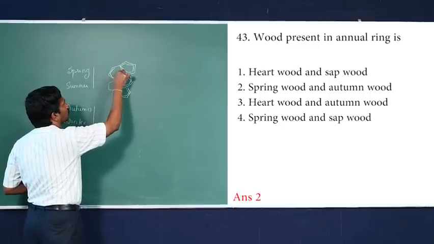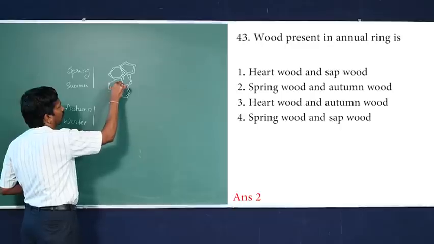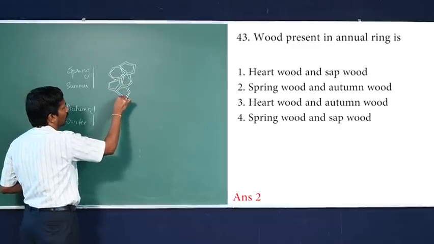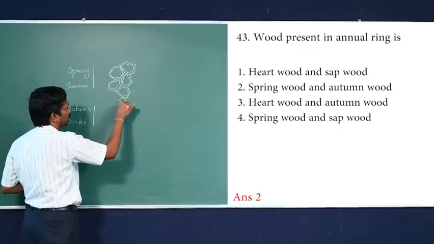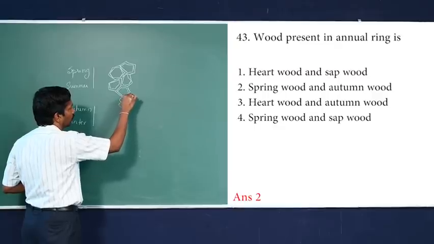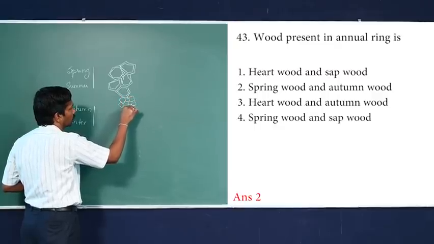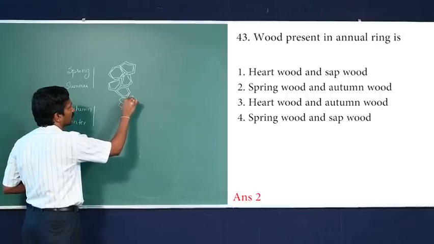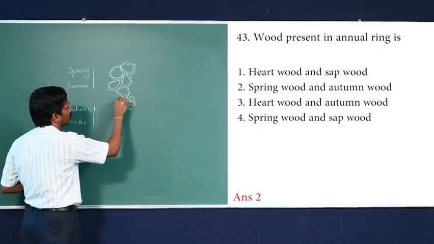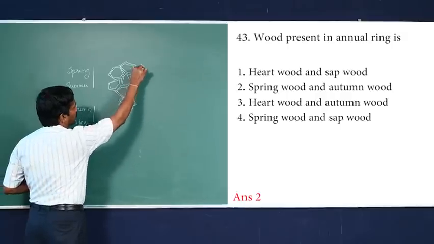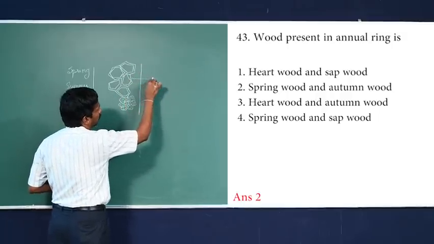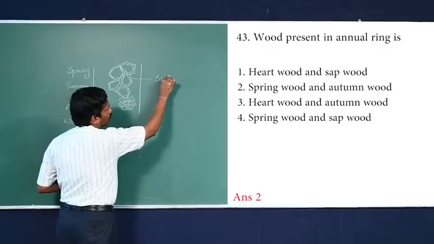When comparable to this particular vessel formation, during autumn and winter, xylem vessels are narrow. When narrow, proportionate lignification is thick, so it appears darker in coloration, and together forms one year's growth. And this xylem is called springwood,